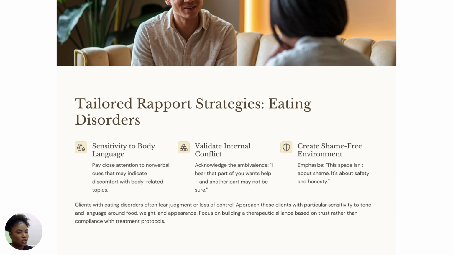And always try to acknowledge their ambivalence, like their internal conflict and what it is that they experience. Tell them things like, "I hear that part of you wants help and another part may not be sure." You can say things like that because that lets them feel validated, lets them feel safe and seen. And it's important for you to create a shame-free environment. Emphasize that your space is not about shame, it's about safety and honesty, to build that therapeutic support with individuals